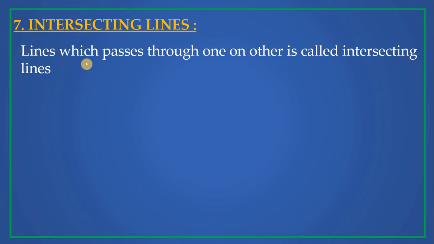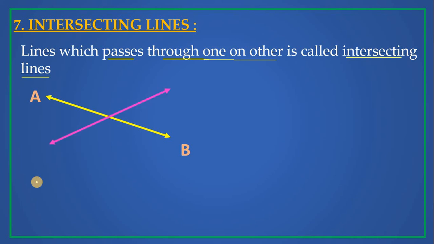Next, let us move on to another concept, intersecting lines. First, let's see a definition, children. Lines which pass through one another are called intersecting lines. Very simple one. Two lines should be there and the two lines should pass through one another. See here, I have taken a line AB and I am taking a second line, that is CD. So these 2 lines